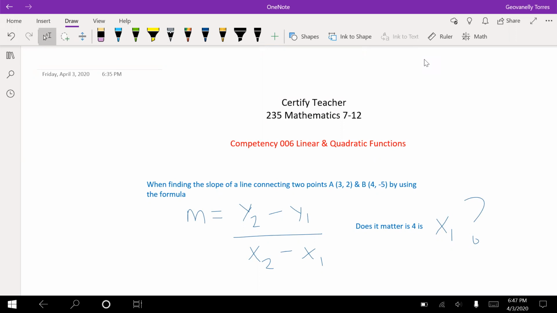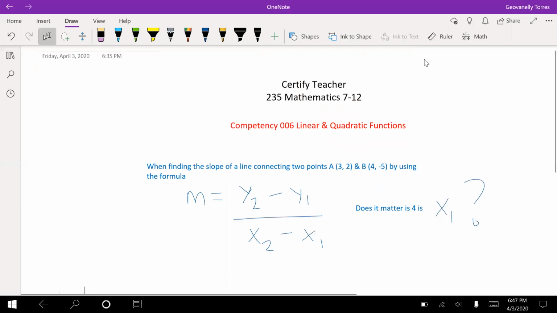And our problem states the following. When finding the slope of a line connecting two points where A is (3, 2) and B is (4, -5), by using the formula m equals y2 minus y1 divided by x2 minus x1, it doesn't matter if 4 is x1. So here what we will do is first